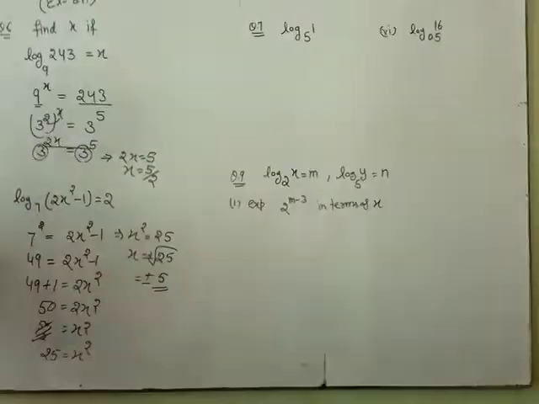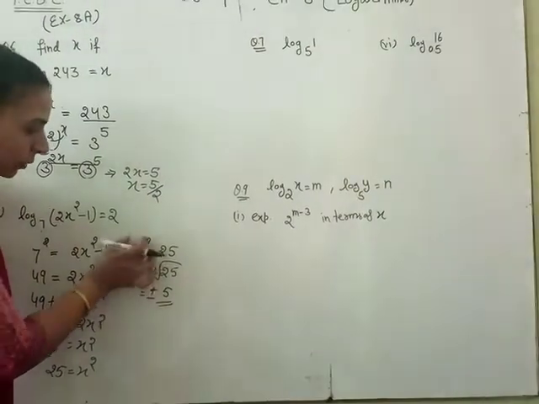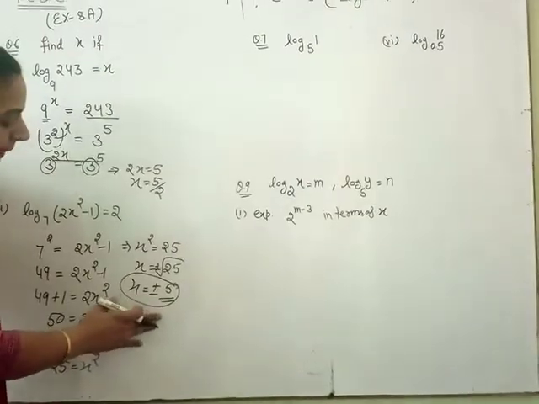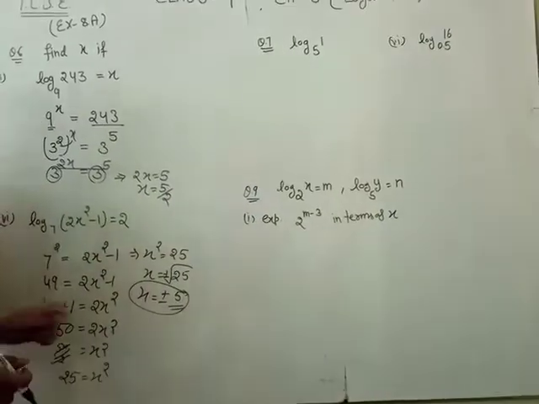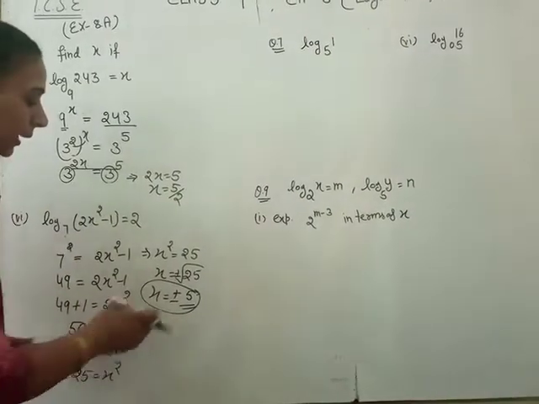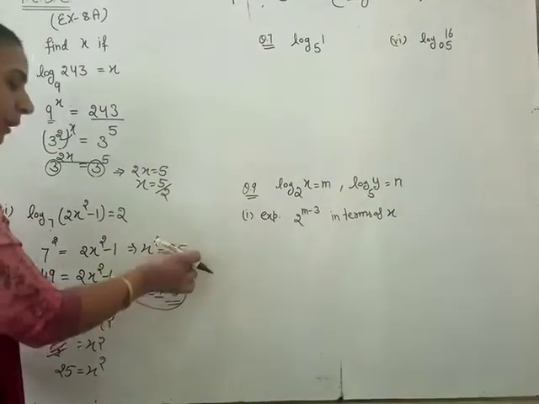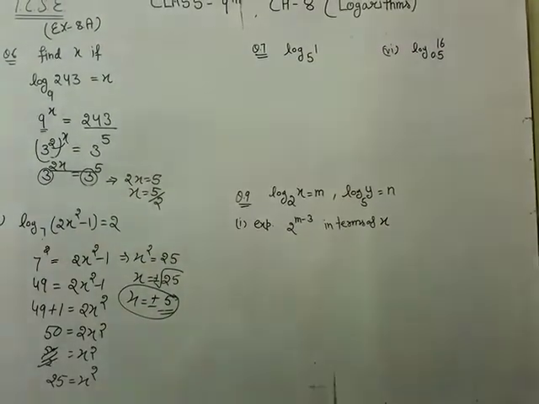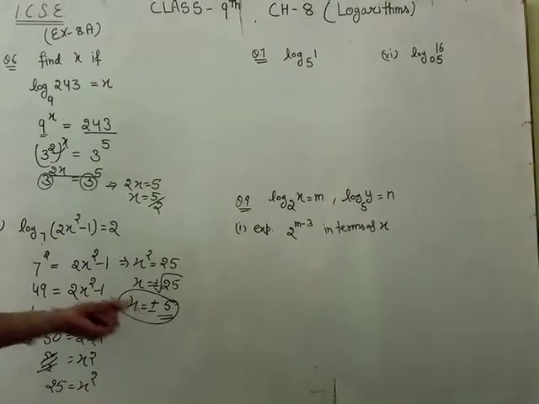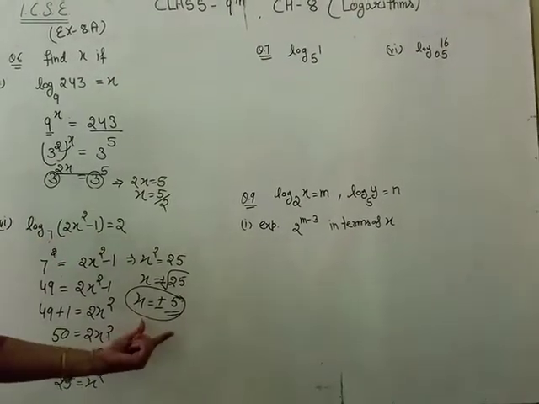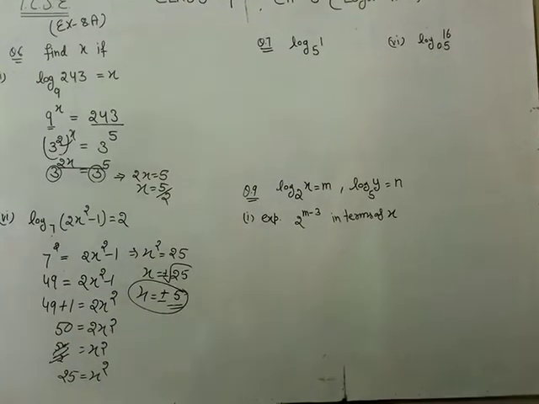Student, if there is x square and this equal to 25, then the value of x is plus minus 5. Student, if there is square, then we take plus minus 5, because 5 square is also 25, and minus 5 square is also 25. But if we take minus 5 in this question, then there is also positive, so no problem, we take both the values of x, plus minus 5.